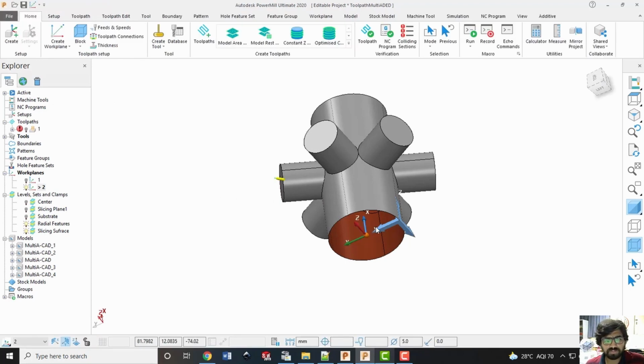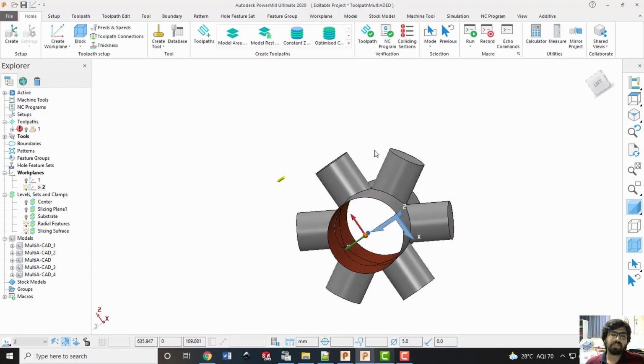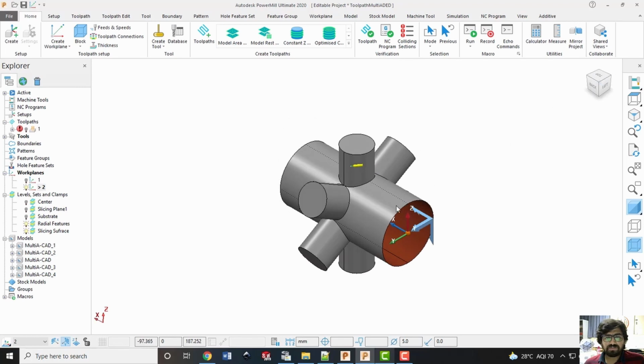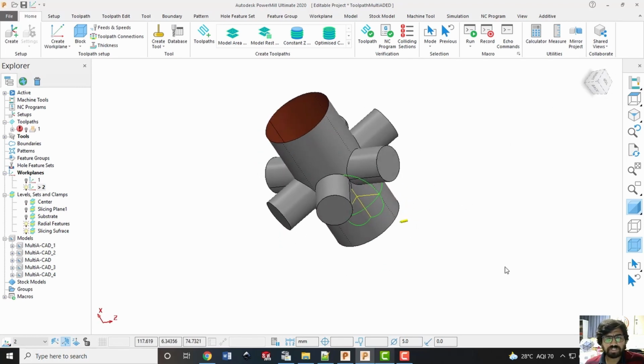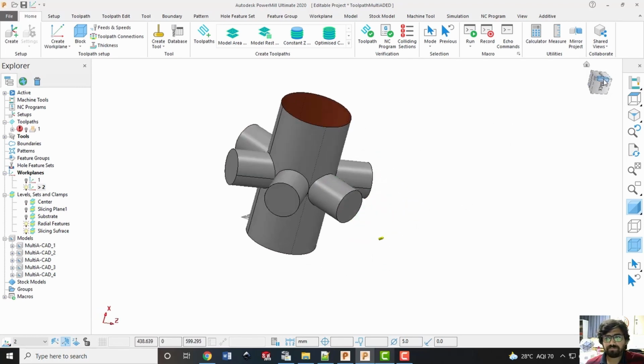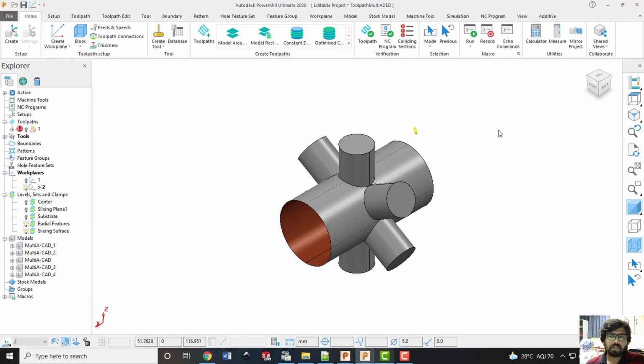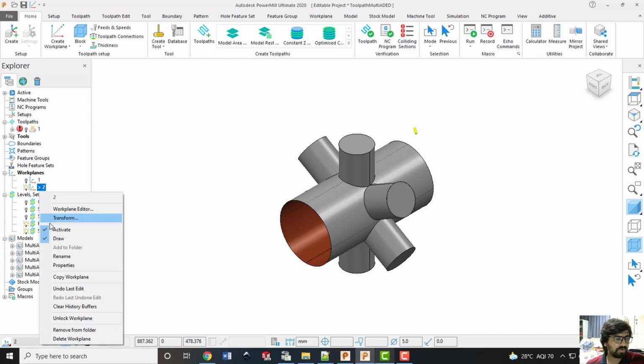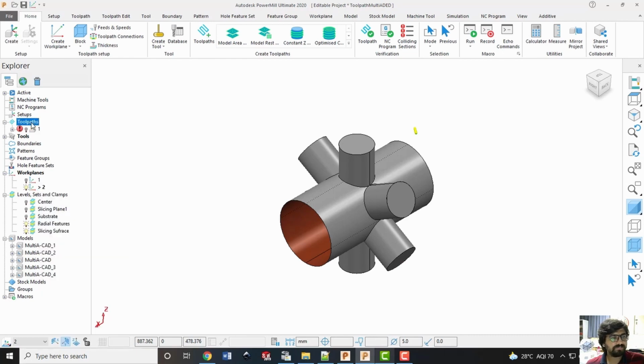Accept it, and now you can see the X axis is aligned along with the axis of the cylindrical surface, and now the Z axis is radially available for us. Now in that case your tool direction will change while depositing the material. Hence it will be something like this. So this work plane is already activated, and now we'll create a tool path.